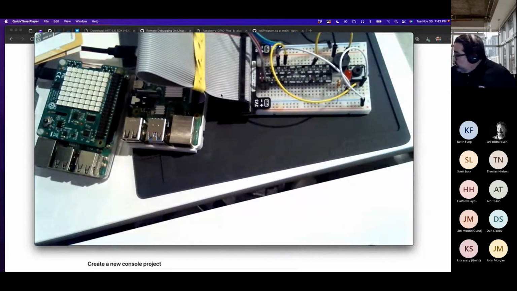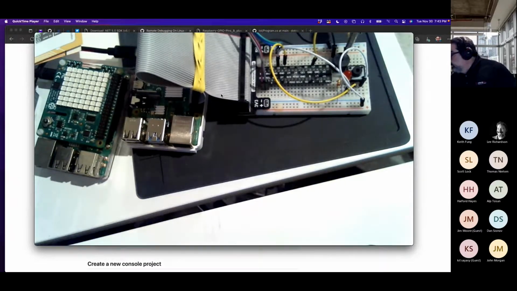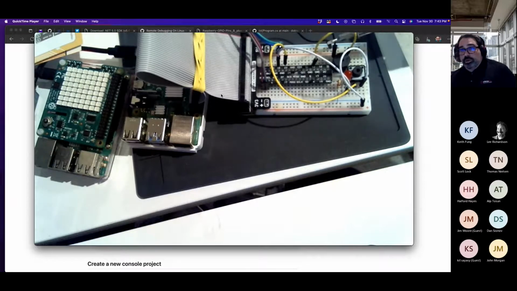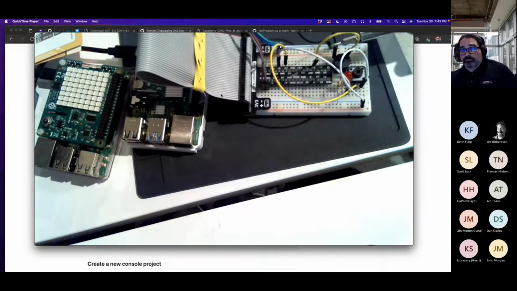So the only thing I wanted to point out here, it's a bit blurry, but let's just say we have the 18 again going to the LED. We have the 23 going out to the button, but we also now have a buzzer, and the buzzer is going to the 12. This little yellow wire, which is out of the picture there. So what we're going to have to do right now, just to test, it's the simplest of device bindings there is. The buzzer, and we're going to test how to get a tone out of it.